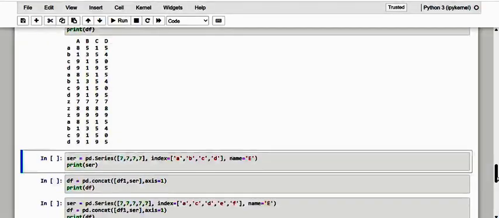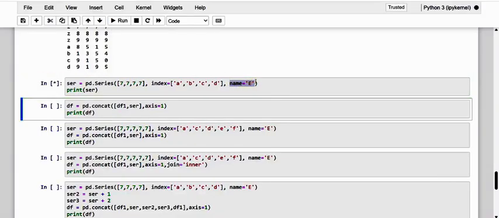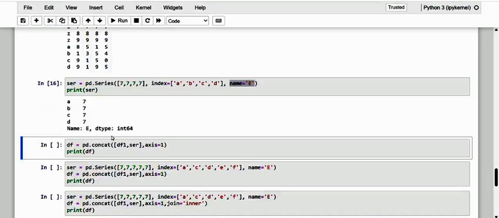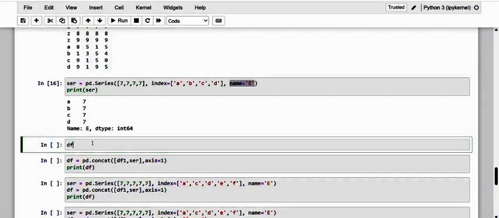See here, this is our series, and we have already given it a name, E. Kindly have a note of it. Before executing, let me have a look at what is in df1.